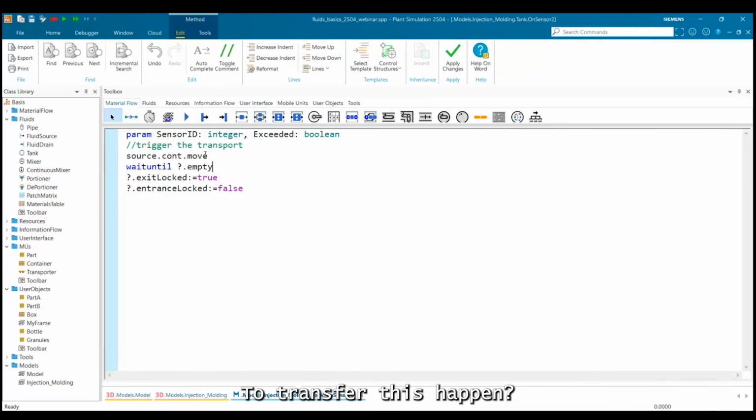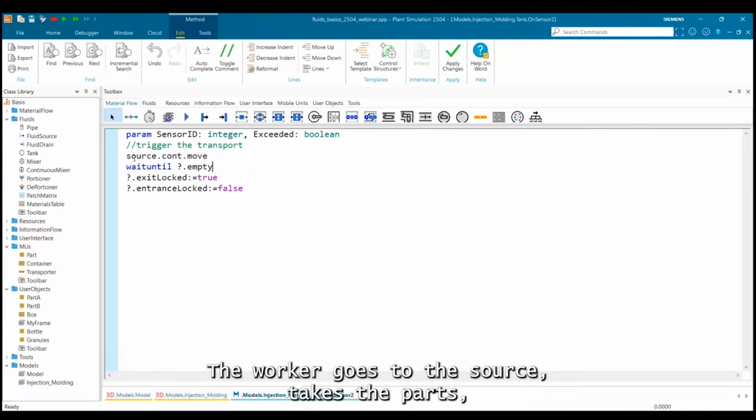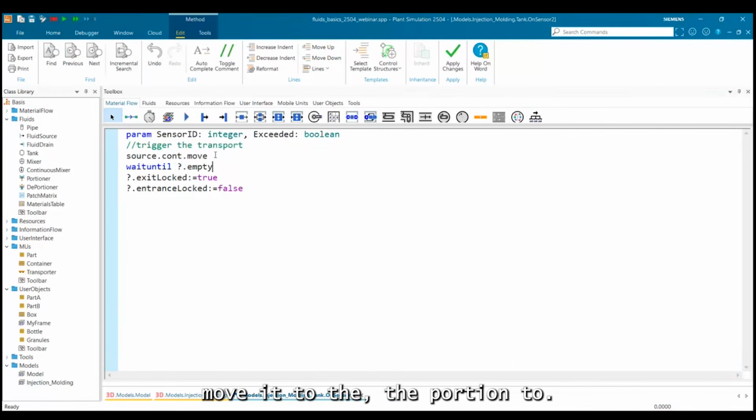The transport is happening in parallel here. The worker goes to the source, takes the parts, moves them to the deportioner, and during this time the tank will be empty. It's difficult to do this without locking the exit or entrance, or you can also open and close the pipes.